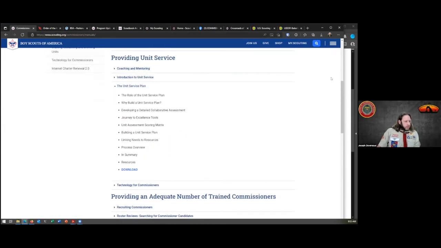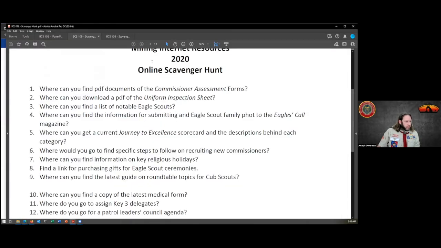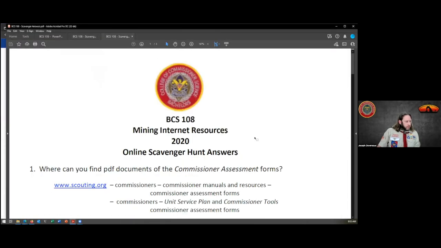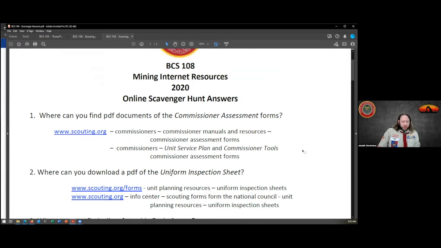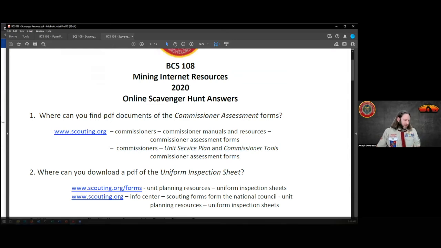We're going to cheat because I think that's the right answer. They did give us an answer key here, so we can look at the answers. So again, I went to commissioner manuals and resources, and the commissioner assessment forms, or unit service plan, and commissioner tools assessment forms. I get an A star. I went to the right place without even looking.